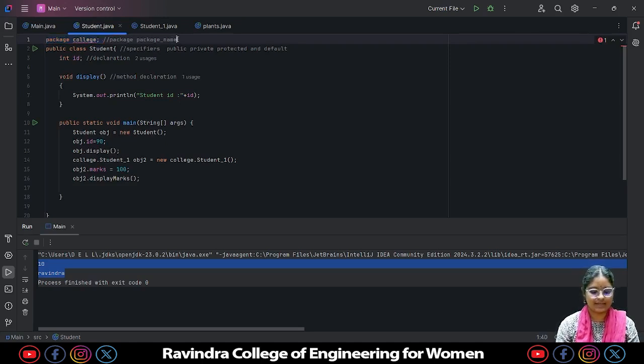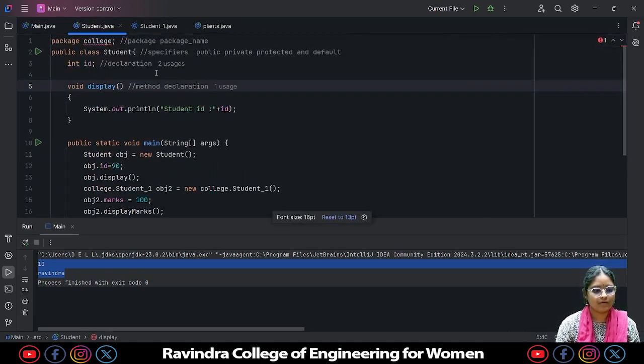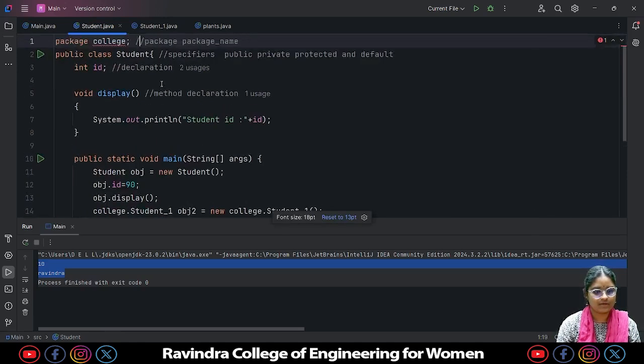Here you can see the syntax: package and package name. If I want, I can zoom it. Okay, see here, package and package name. I think you can see now. It's somewhat zoomed. Package and college name, this can be any of your names. You can take your own name or your friend's name, or according to your project needs, whatever package name they give according to the client request.